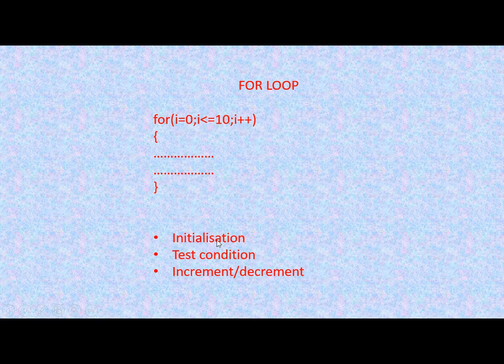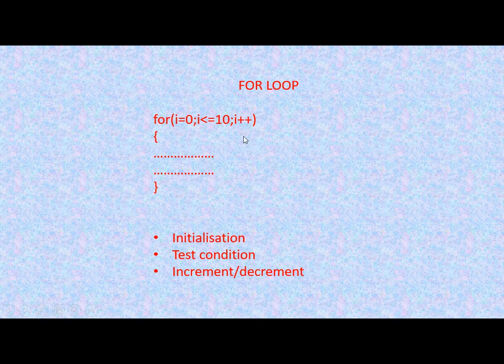The first one is called initialization, means we put an initial value to the variable I. Then here you can see I is less than equal to 10, means there will be a test condition, this loop will be executed only up to when the value of I is equal to 10. And here this is I plus plus, means the value of I will go up to 10, and when it becomes 11 then it will not be executed. And here you can see these are the statements inside the for loop.